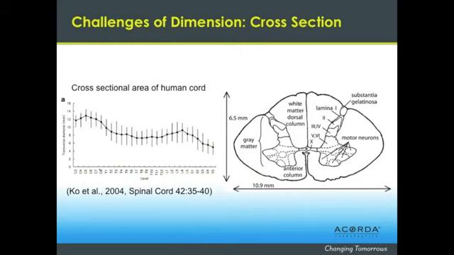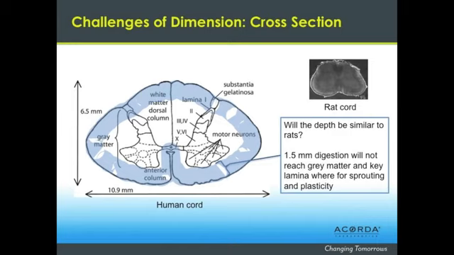So looking again at the cross-sectional area, this is some data published by Co. in 2004 showing that the human spinal cord ranges at its narrowest in the sacral regions to about 5 millimeters, but most of the cord, the diameter is somewhere between 10 and 12 millimeters. And again, going back and looking in comparison to the rat